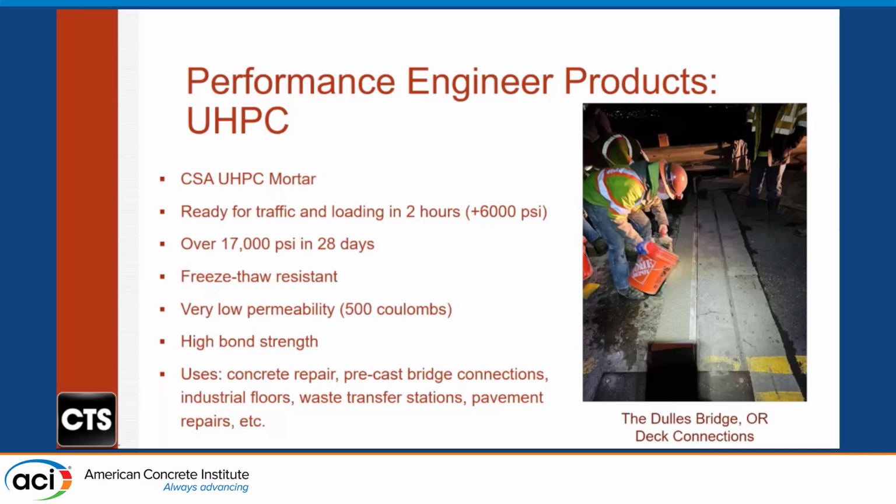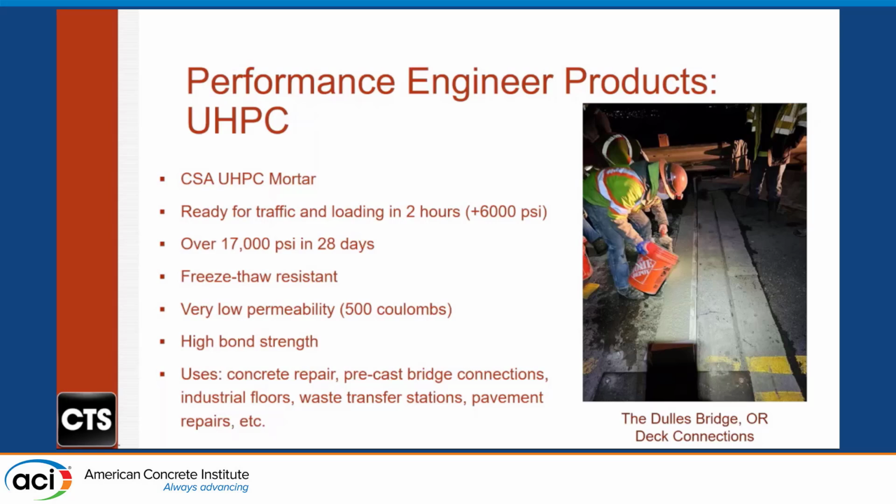So let's go back to applications. We stopped talking about the normal alternative cements, both the shrinkage comp and the rapid hardening, and then what we use with those materials to create new systems like high performance and engineered systems, and UHPC is one. We had a couple of sessions in the morning and a lot of discussions about the UHPC, but there's a UHPC that is BCSA based that has been in development for more than 5 years. It has been implemented for more than a couple of years at this point. It's a UHPC that will give you the highest strength that is expected, 17 to 19,000 PSI at 28 days,